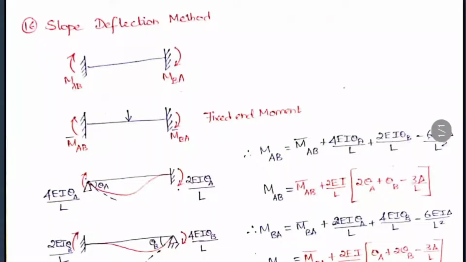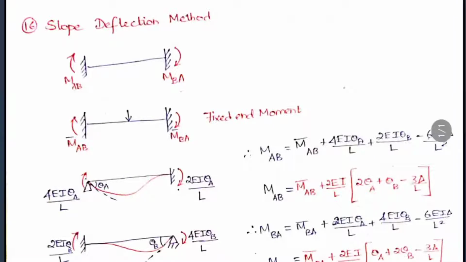Here, first a beam will be given. It may be of any loading structure. Take that beam, and then you have to find the fixed end moments of that beam. This is your second step. Here, for example, I have taken a point load, and you have to take the fixed end moments M AB and M BA also. To mention a fixed end moment, I have just made a bar above it, so it is M bar AB and M bar BA.